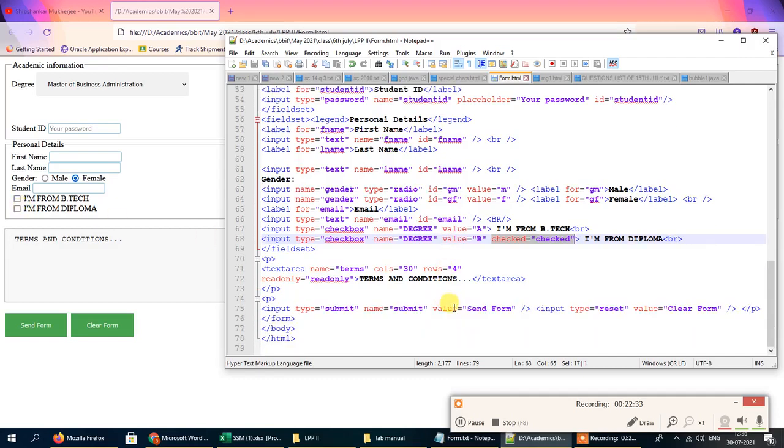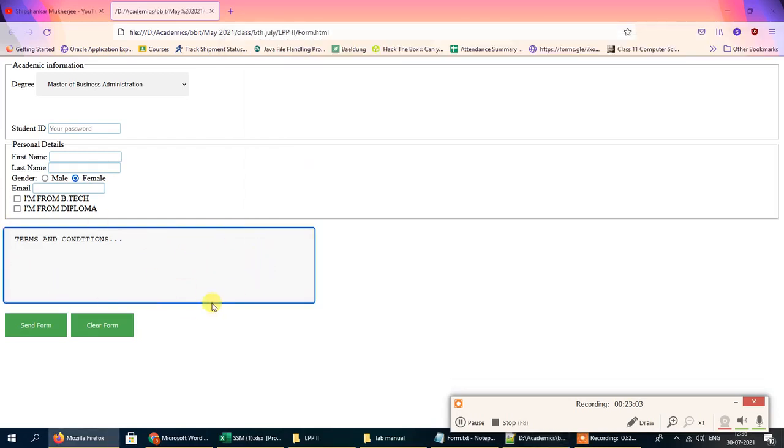After that we go to the text area option. This is after the personal details tab, under which there is the text area option. Inside the text area we can enter a large block of text. In the text field there is a limitation as to how much text you can actually enter, but this text area which follows the personal details section is quite large. So you can see the large area is there, and we can enter a large paragraph inside this text area.